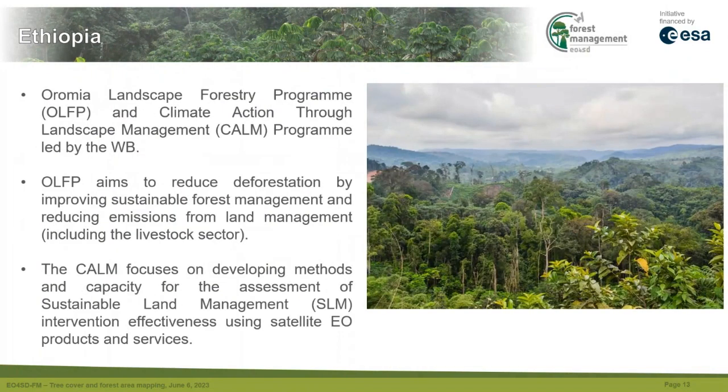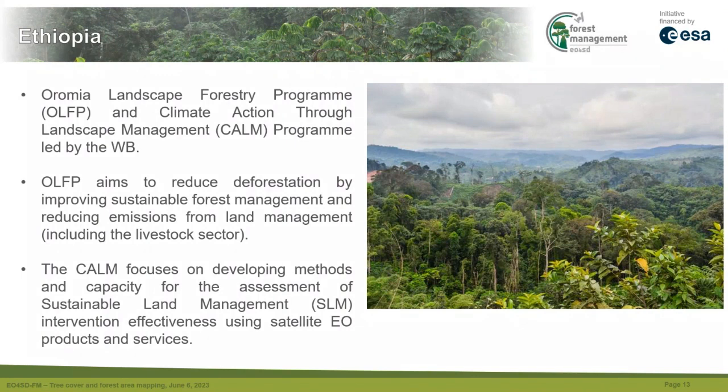In Ethiopia, we have two projects, the Oromia Landscape Forest Project and also the Climate Action Through Landscape Management Program. Both of these projects are managed by World Bank. The first, the Oromia Landscape Program, seeks to reduce deforestation by improving sustainable forest management throughout this Oromia regional state. Whereas the CALM focuses on developing methods and capacity for the assessment of effectiveness of sustainable landscape management